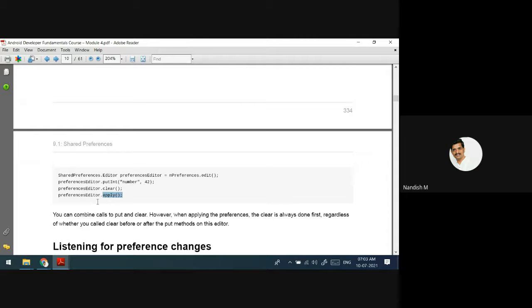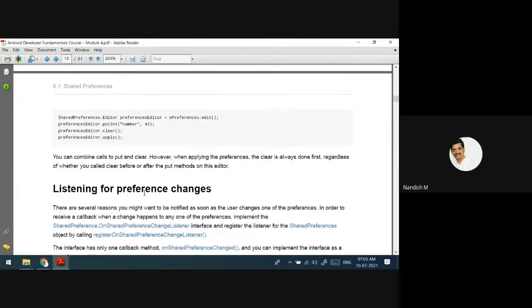It is like a persist, means saving. Clear means whatever we have stored till now inside this editor, everything will be removed. See, this is all a temporary container where you can store the values and you can get it.